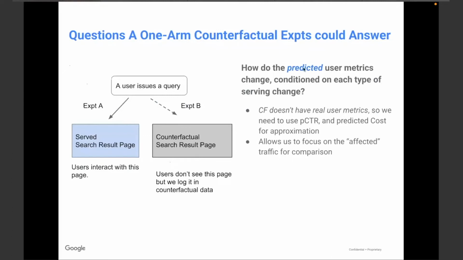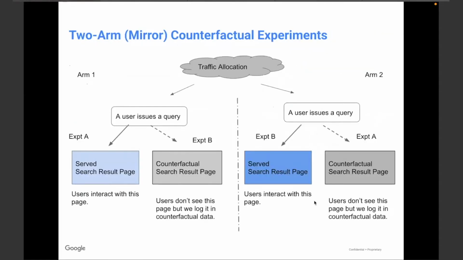In general, Google's ML systems are great, and even by using the predicted metrics, that can often give us a lot of intuition on what's going on with this experiment. However, this is still not ideal, which brings up a slightly more advanced experiment design,